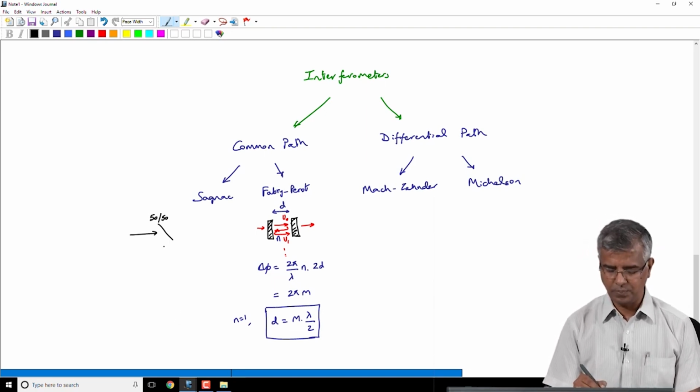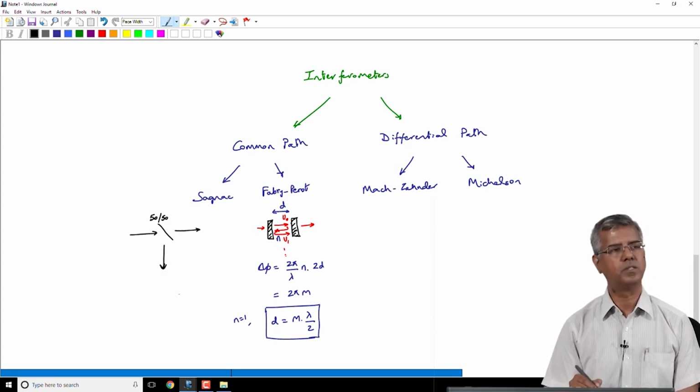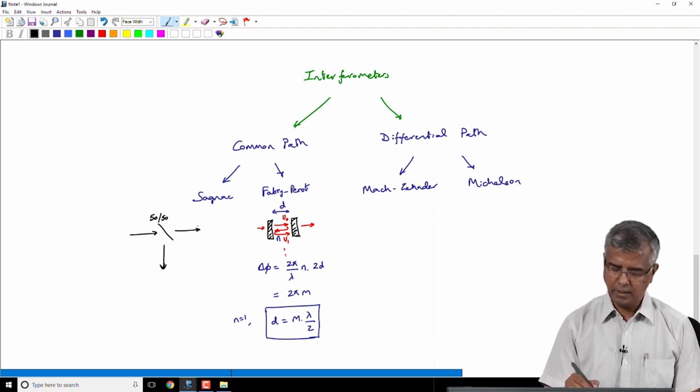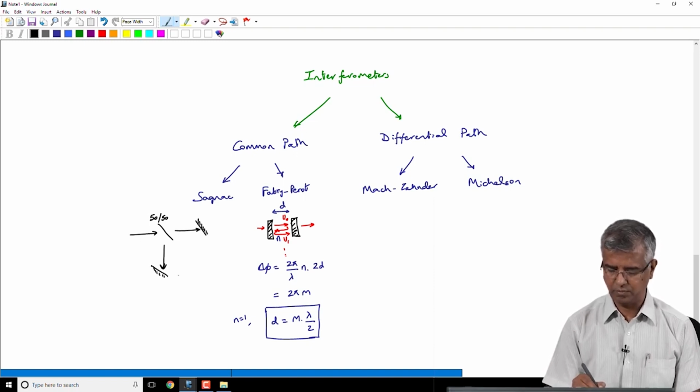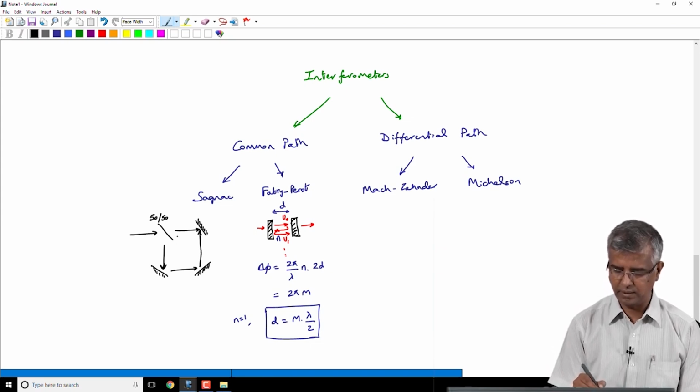Okay. So, 50% of the light goes this way and the other 50% goes this way, and here you put a mirror, here also you put a mirror at 45 degrees. So, that it comes here, and here you put another mirror. So, it retraces the path,